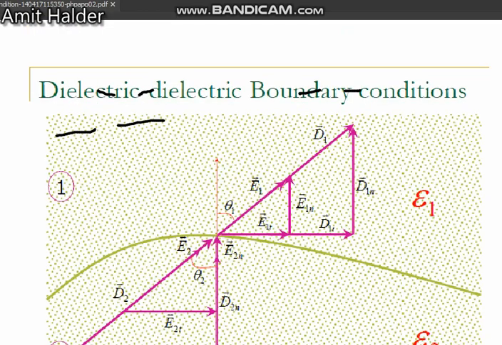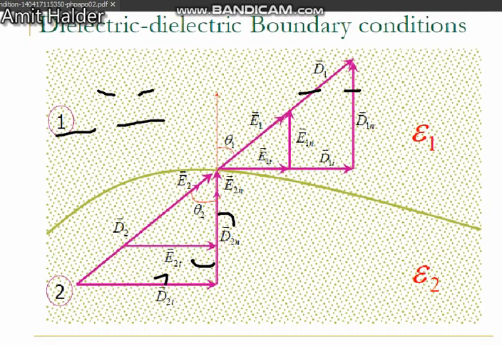There is the theta 1 and there is the theta 2. There is the incident electric field, and that is the refracted electric field to the next media. So that has an angle theta 2 and that has another angle theta 1, and that is the normal between these two. Okay, similar to the optics. If you understand this, you can also understand the optical part too.